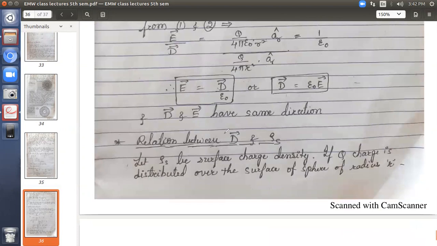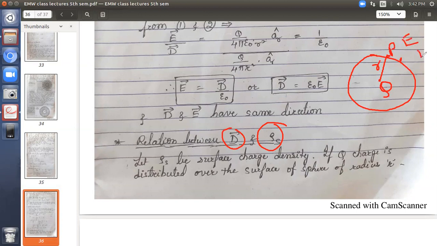Second, the relation between D and surface charge density, rho s. Suppose you have a ball, and inside that ball you put a charge Q on the surface. The ball's radius is r. At some point P on the surface, you want the field intensity E and flux density D. If this is the setup,